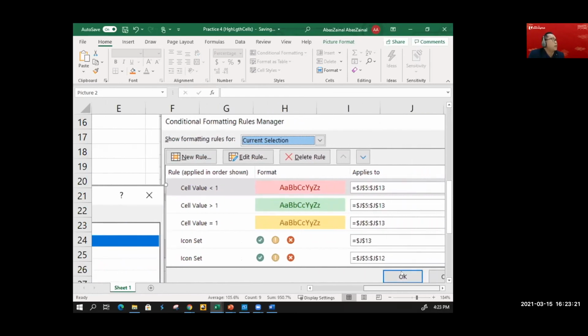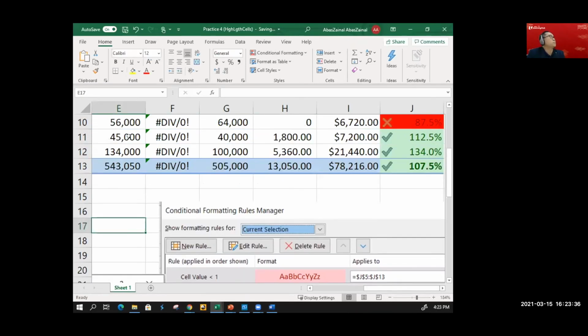Under the new rule, select the second line that says "format only cells that contain." In your second set of instructions, what you need to do is cell value greater than 1. Let me just walk through with you, easier that way.